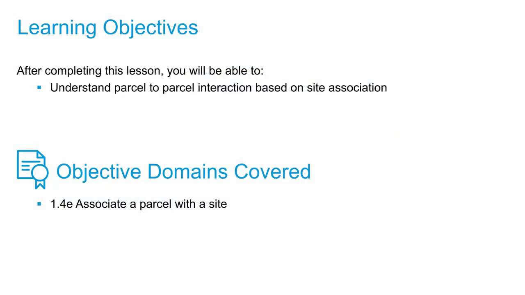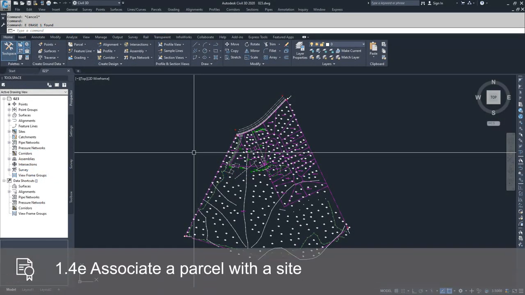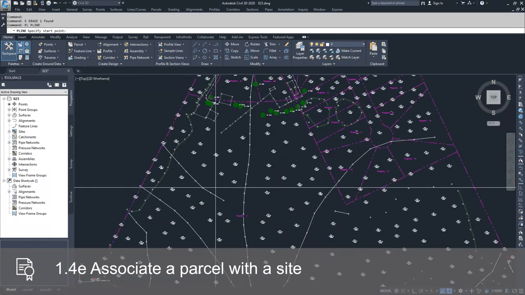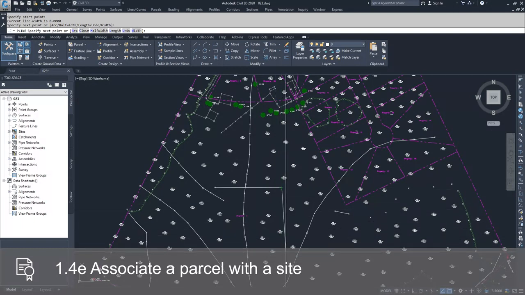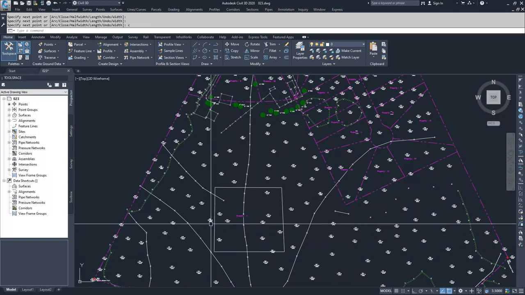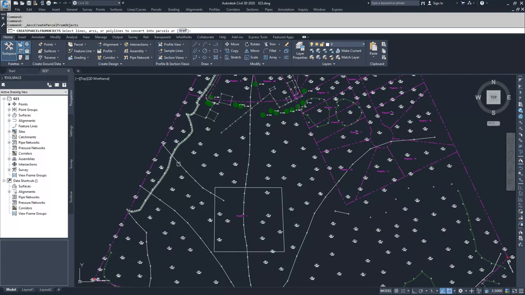In this video, we're going to talk about parcel-to-parcel interaction based on site association. So what I'm going to go ahead and do is draw a polyline, and I'm going to just include it inside of this property 1 boundary. And I'm going to close it off. And then I'm going to click on the parcel dropdown. I'm going to choose parcel from objects, and I'm going to click on this polyline that I just created and